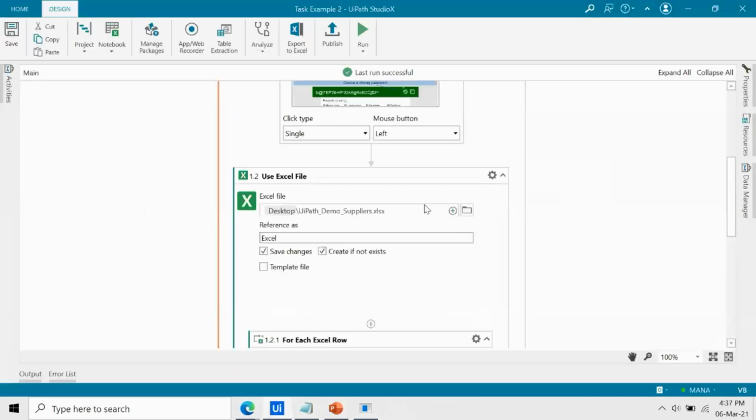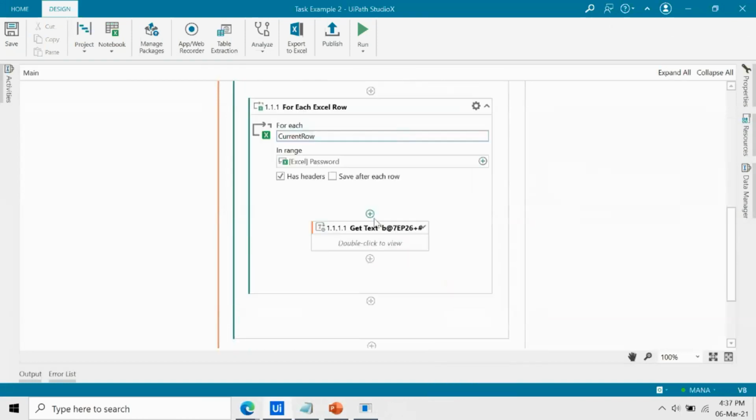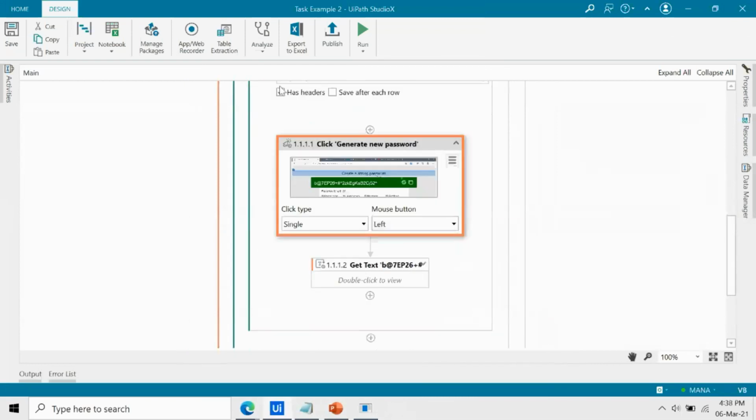So I just have to go here, right click, cut, and then put it before the get text operation. So let me just rerun it.